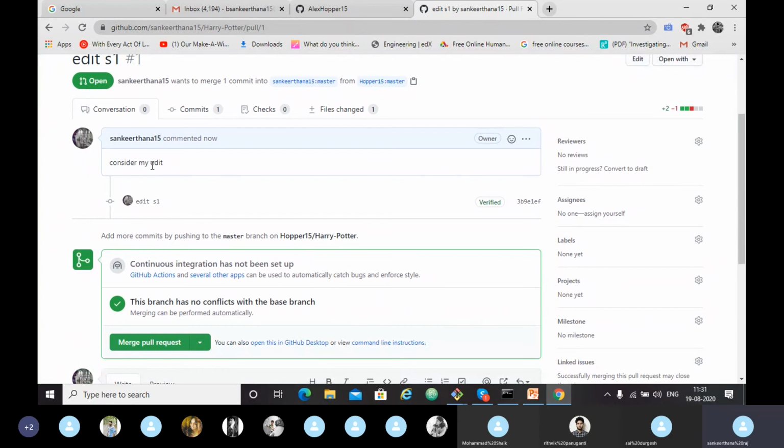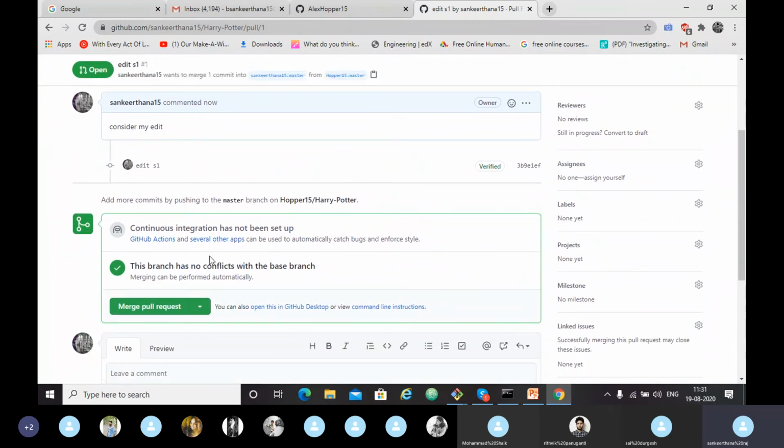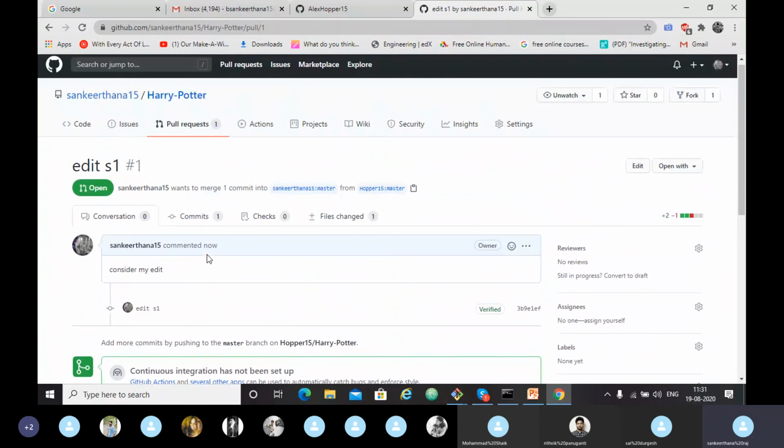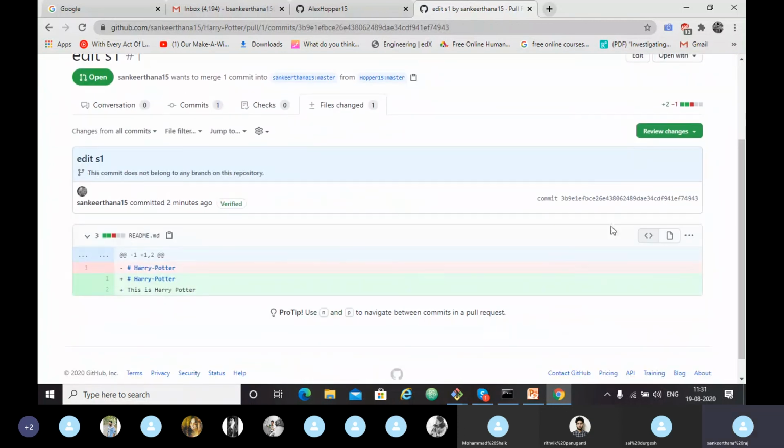So I got this comment, consider my edit. Now if I like it, I can look at the comments to see what they have done. If you click on that commit SHA hash code, you can see what they have done.